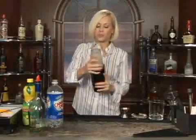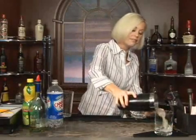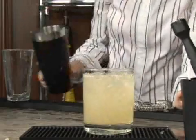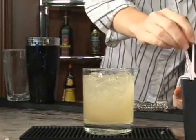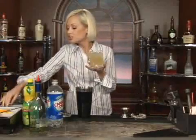Mix it all together. Because of the club soda and the sugar, your Brandy Fizz will have a nice little fizz to it, like so. Go ahead and garnish that with a stirry straw, and you could add a cherry, would go good